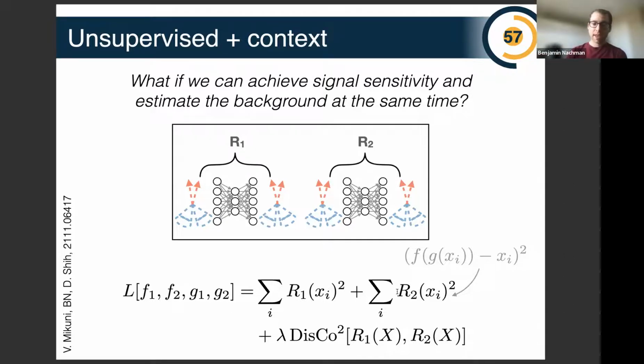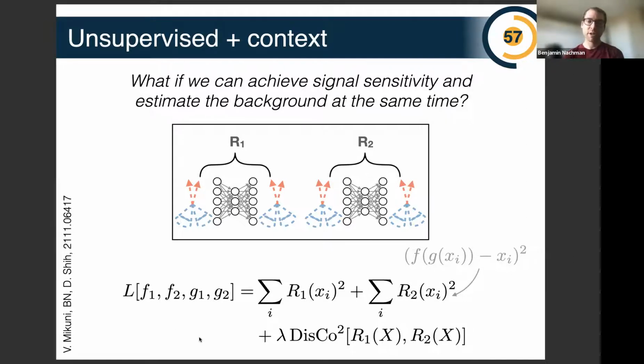We just add them. And then the magic comes in the third term. The third term has a hyperparameter lambda, which is tunable. And then it takes as input the two reconstruction losses, and it has this thing called disco. So disco is sort of like the correlation. You could imagine just sticking in the correlation coefficient here. Say I want R1 and R2 to be decorrelated from each other. If you minimize this loss and that term was the correlation, it would try to force the two reconstruction losses to be decorrelated. And the reason it's called disco is because this is the distance correlation, which is